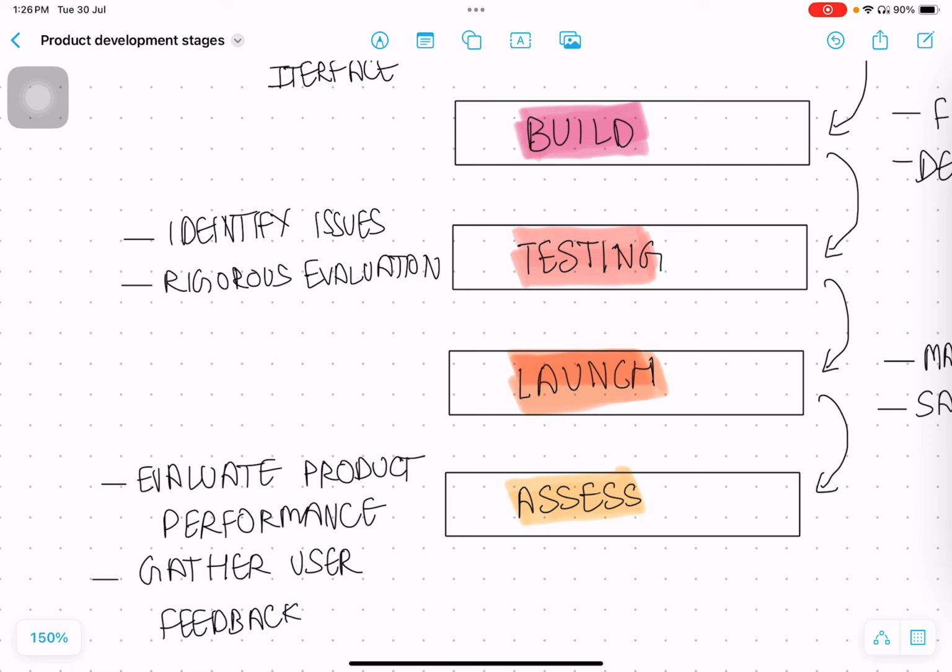meet user needs. And that wraps our look at the six stages of product development: ideation, design, build, testing, launch, and assess. Understanding these stages can help you navigate the complex journey of bringing a tech product to a